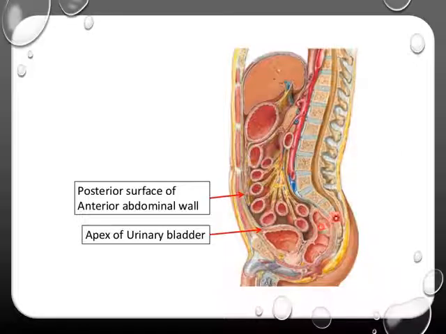Now, as it has covered all the pelvic organs, once again it has to reach the point where it has started, right? So it is a closed sac. It has to end where it has started. Now we are here. It is covering the superior surface of the bladder. From the apex of the urinary bladder, it once again goes, covers the posterior surface of the anterior abdominal wall, once again reaching the umbilicus where we have started. So we have gone from here, gone up, covered the whole of the things and covered the whole of the pelvic cavity organs, and once again we have reached the same area, that is umbilicus.